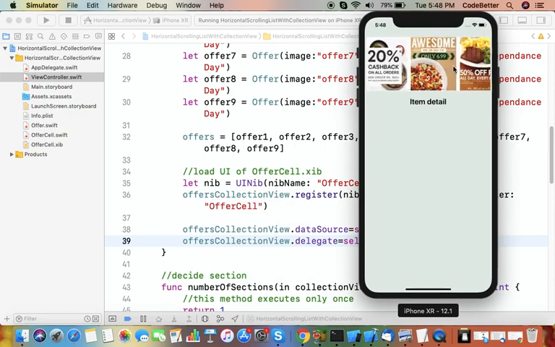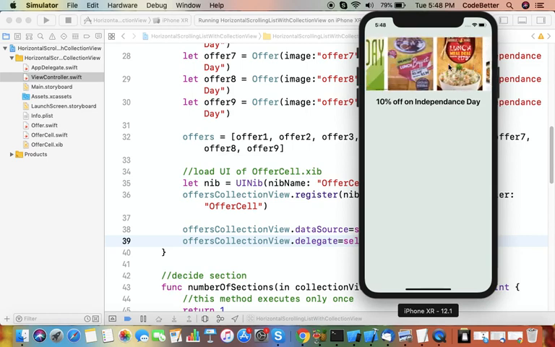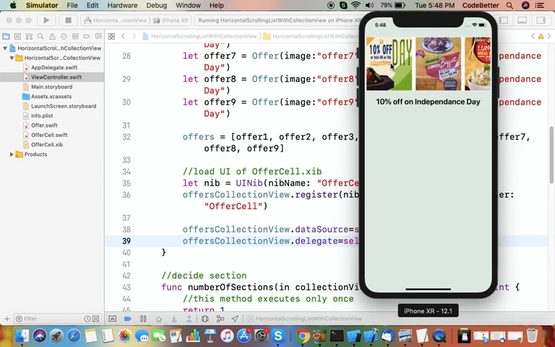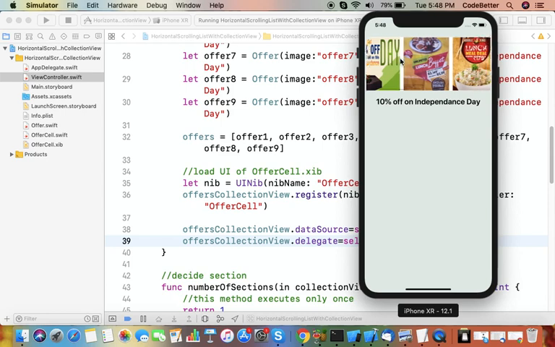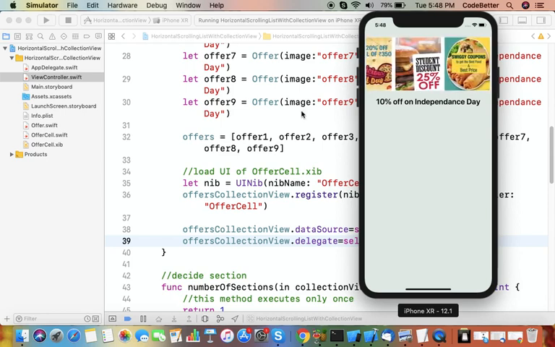Now I can scroll it here again, and if I click on some item, you can see that the scrolling is working, and the selection is also working. Fine. So this is how we can implement horizontal scrolling and event handling on that. Thank you.